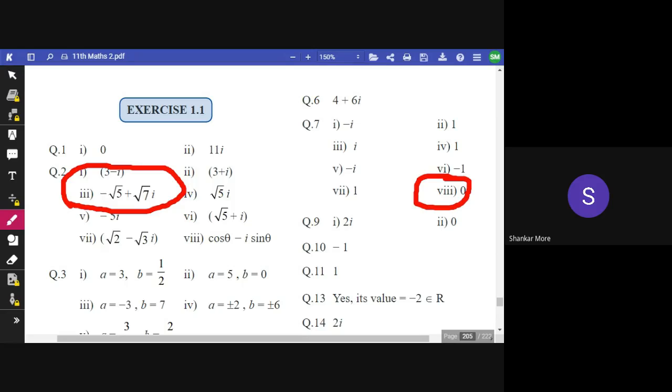Okay, what we have to do, we have to just put the value of x into this equation, and we have to find out the numerical value or complex value, whatever it results in. So this is how you are going to solve exercise 1.2, and I think it is very easy. So what is Argand's diagram?